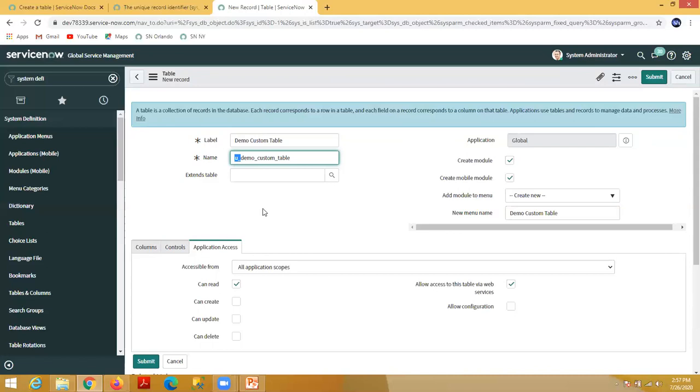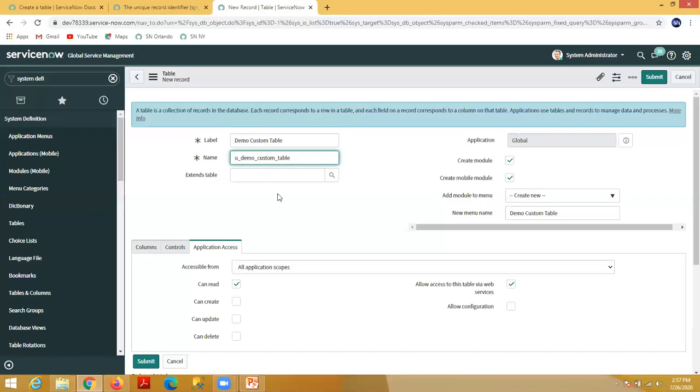So if any particular table is prefixed with u_, you can easily say these tables were created manually by some user, not by the system or ServiceNow. This is very important, because via this prefix you can understand which table is out of the box from ServiceNow and which table is custom.